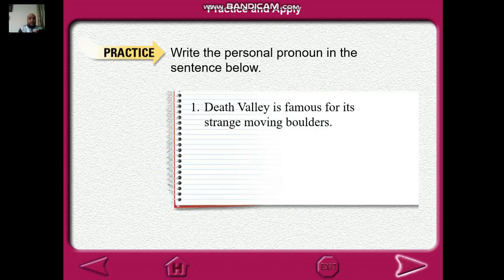Write the personal pronoun in the sentence below. Death Valley is famous for its strange moving boulders. Okay, here we have Death Valley is famous for what? For its strange moving boulders. Of course, the original sentence was Death Valley is famous